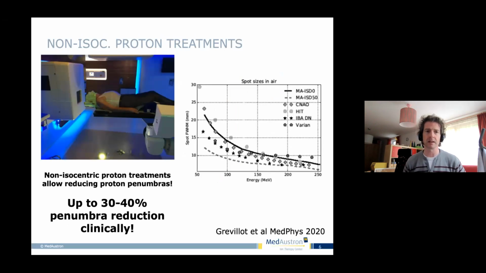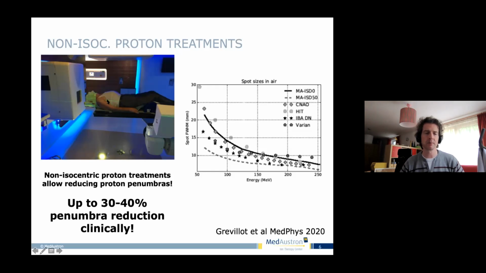In terms of treatment room configuration, you can see here that usually you have the isocenter and the patient located in the isocenter position, so that you can treat the patient with both beam lines in this IR2 assembly, the horizontal and the vertical beam line. But having the 2 beam lines separate from each other, meeting in the isocenter, means that you have a large air gap from the vacuum